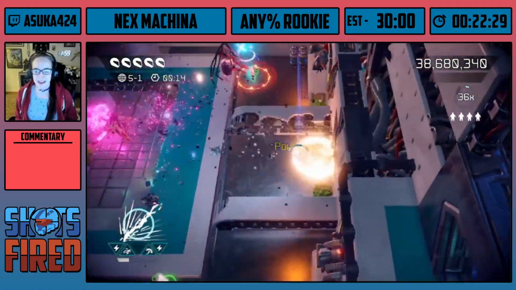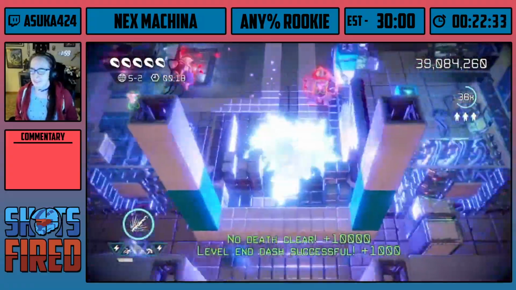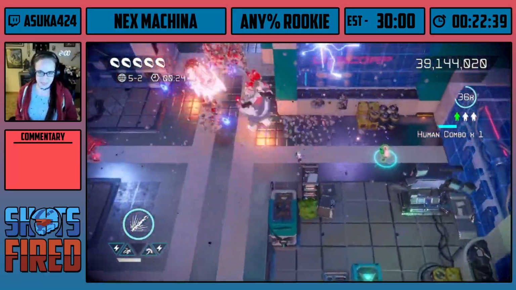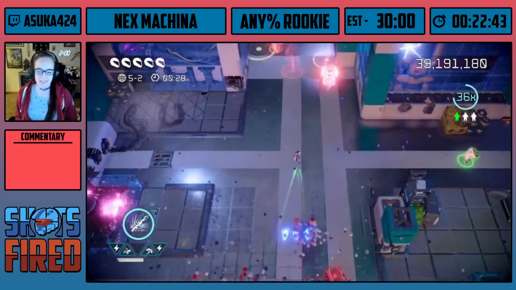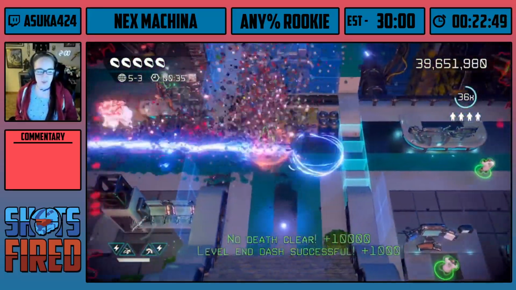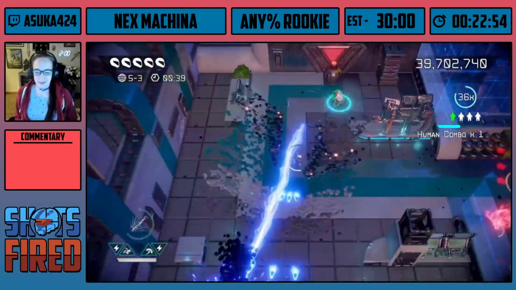It has, honestly, the coolest boss of Rookie, because the boss changes over time. And it is the Architect. We'll get to him. He's pretty easy, but the Architect is pretty much a mood for anybody that feels like they're trapped at work. You'll find out in a little bit what that means, but...